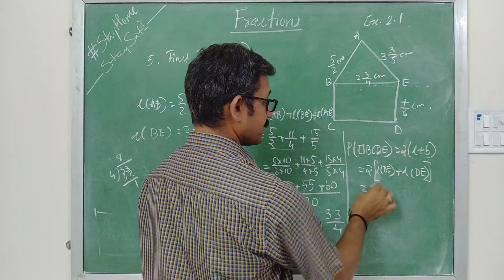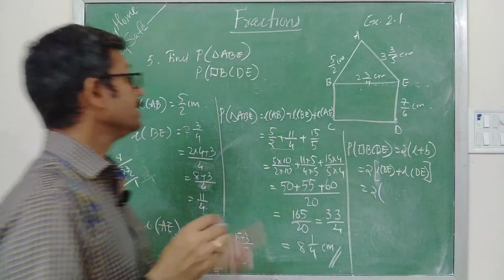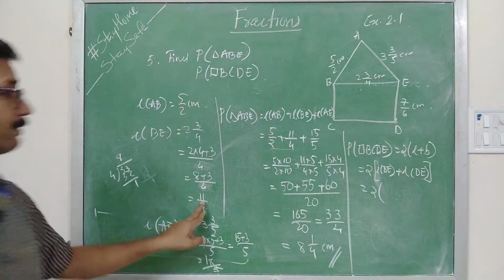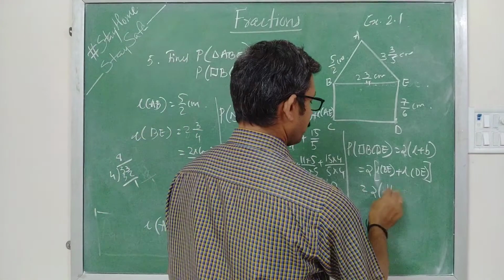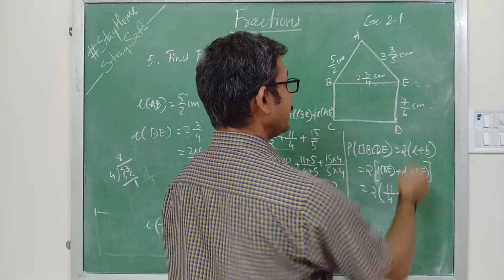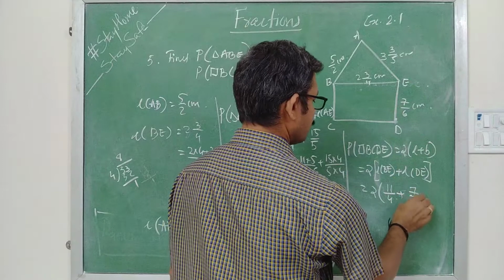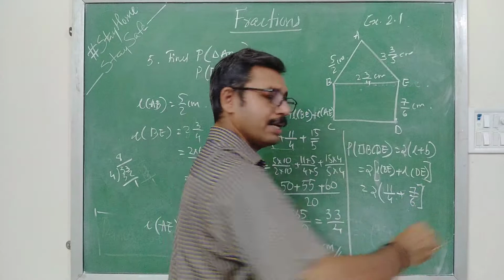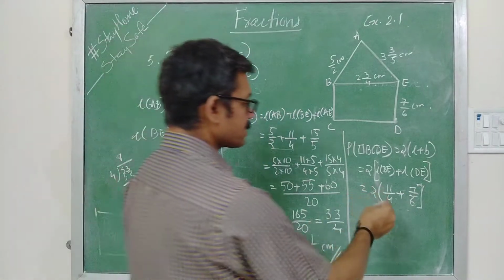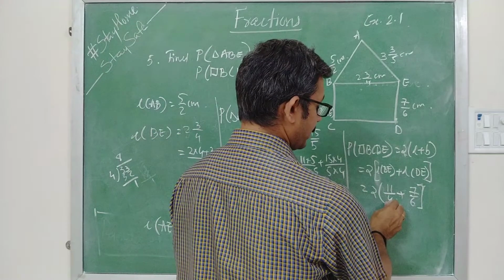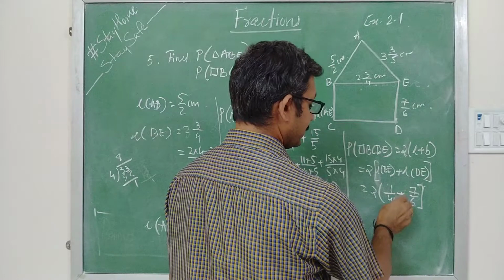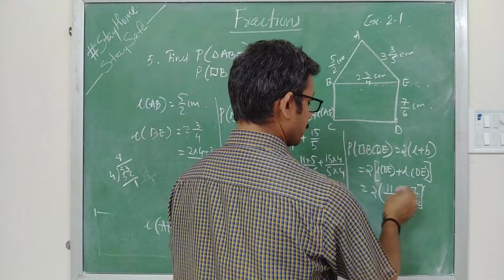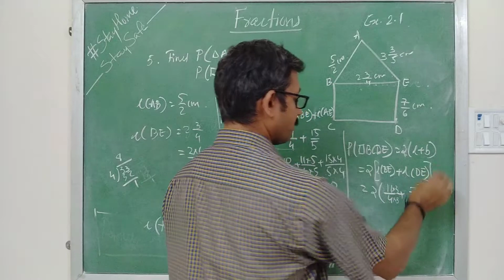Sure. So it is equal to 2 into, now what is BE? We found here BE is 11 upon 4. Sure. 11 upon 4 plus, now DE 7 upon 6. Now 7 upon 6, you know that already it is in which form? It is in the improper fraction only. So now you know that here 2 is common already, correct? So we have to multiply 3 here, and here uncommon is 2. So here 3, here 2. All of you understand it?